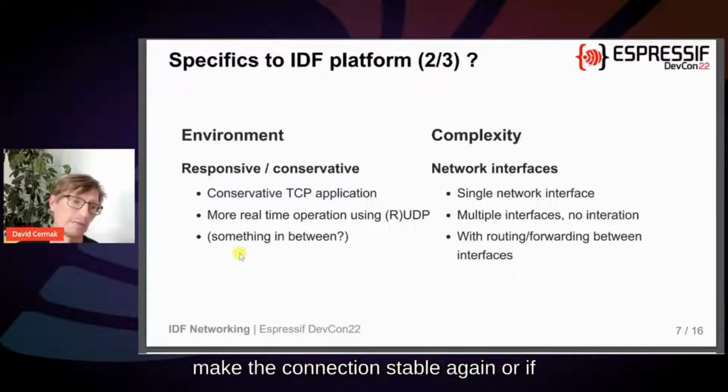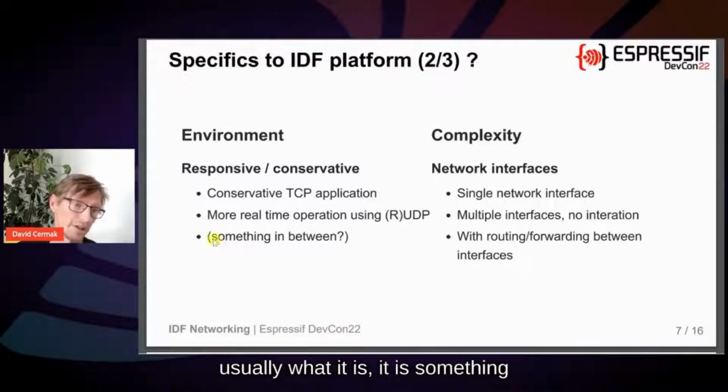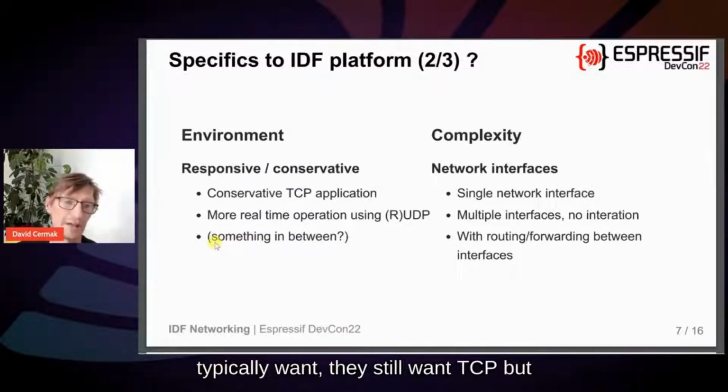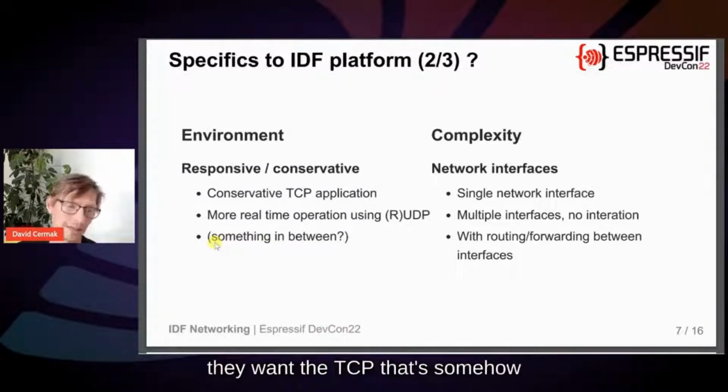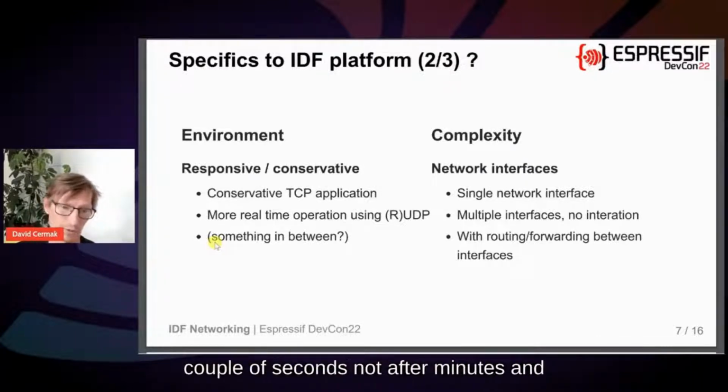Or do we want something more real-time? Usually it is something in between. What our users typically want is still TCP, but a TCP that's somehow responsive, so that the application is somehow alive,